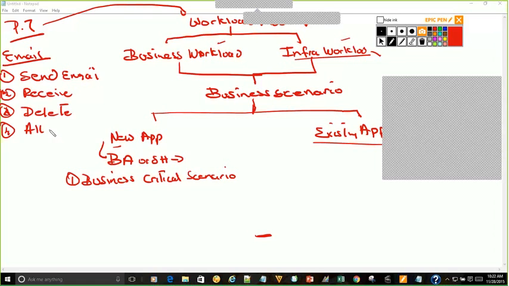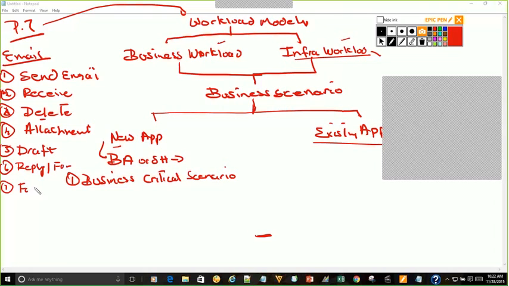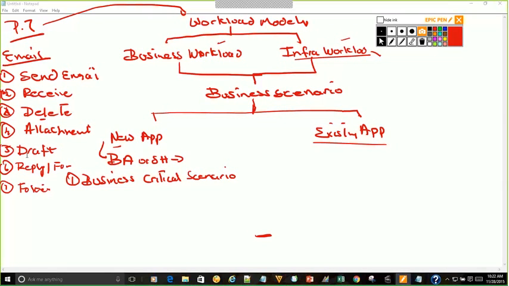Attachments. Can have a draft. 5. Draft. Forwards. Yes. Forward reply. Mm-hmm. Reply / forward. Yeah. 7. Okay, fine. Folders. Fine. Thanks. So now you see here we are charting down the key business scenarios which are required for the